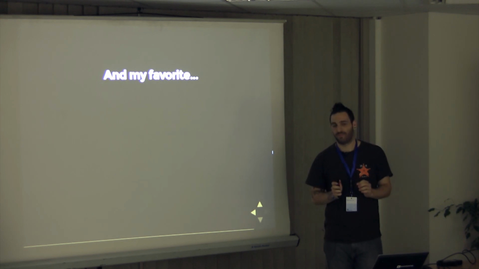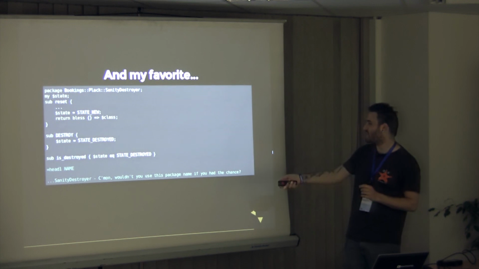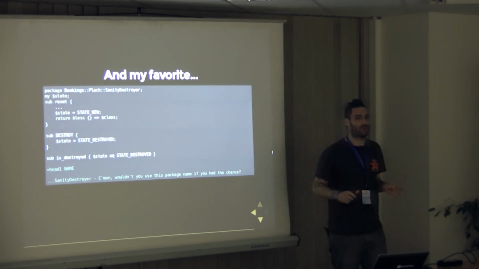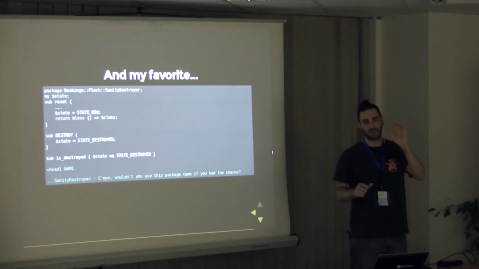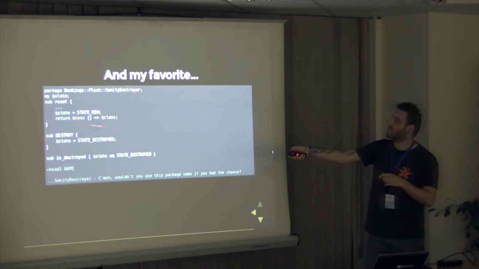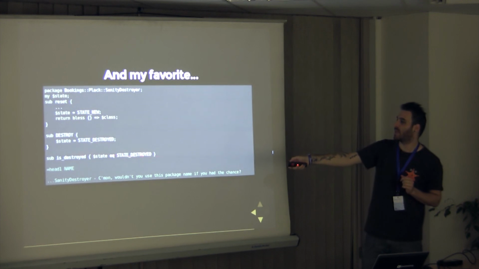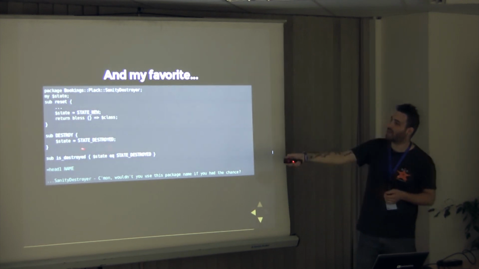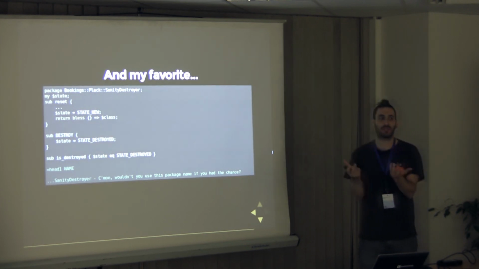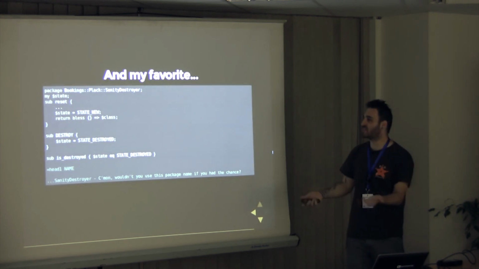My very favorite gem is called Sanity Destroyer. What Sanity Destroyer basically does is a trick that you can write yourself. It is insane. It starts a new state. It keeps an object. It allows you to check if that object was destroyed, because when you close a scope on an object in Perl and it has no other references, it actually runs a destructor. The destructor cleans up the state.